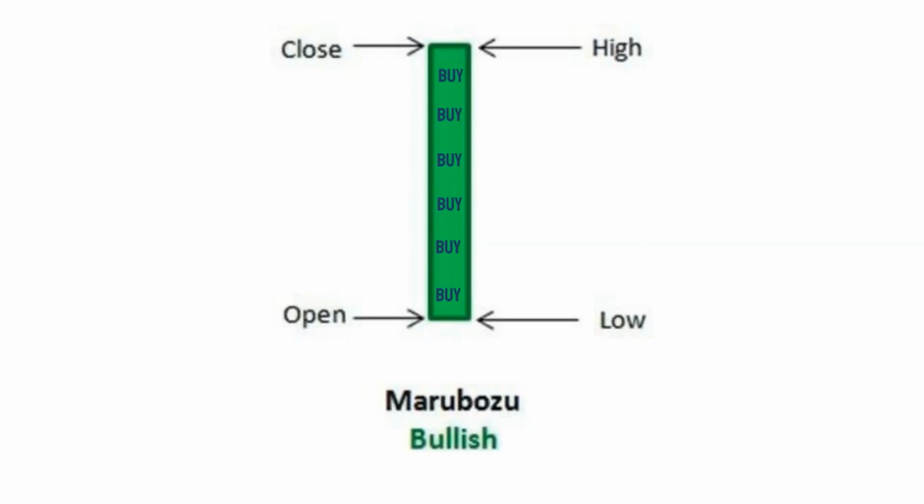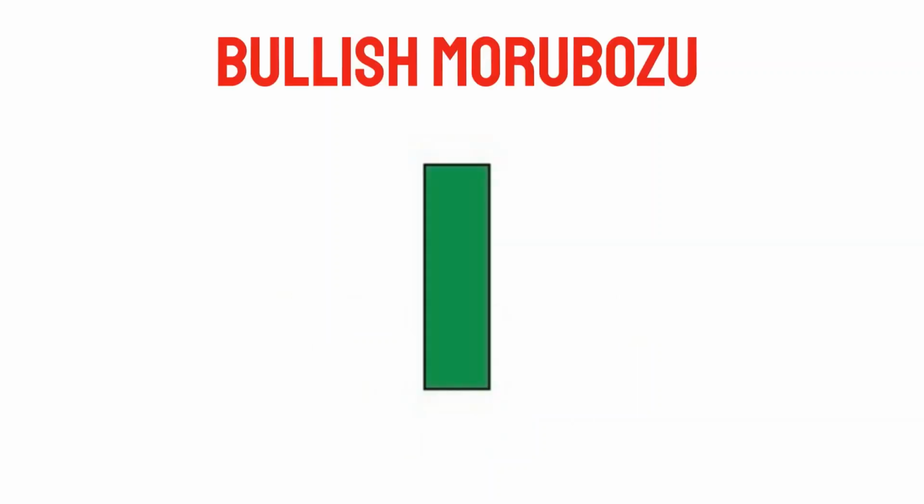Hence, a trader should look at buying opportunities with the occurrence of a bullish Marubozu. The buying price should be around the closing price of the Marubozu. Candlestick patterns come with an inbuilt risk management mechanism. In case of a bullish Marubozu, the low of the candlestick acts as a stop loss. So after one initiates a buy trade, and the stock moves in the opposite direction, one should exit the stock if price breaches the low of the Marubozu.